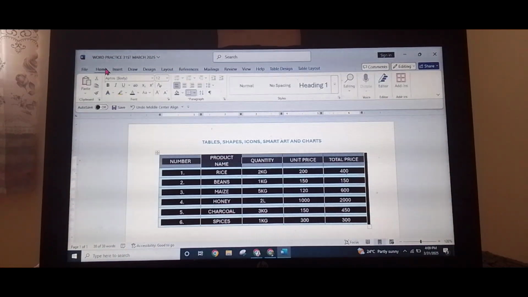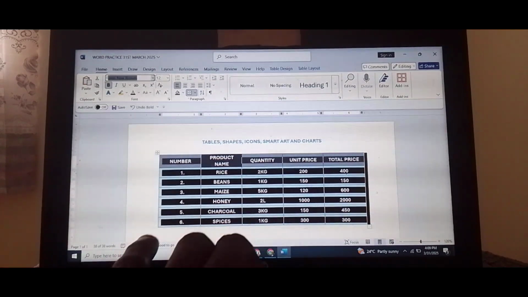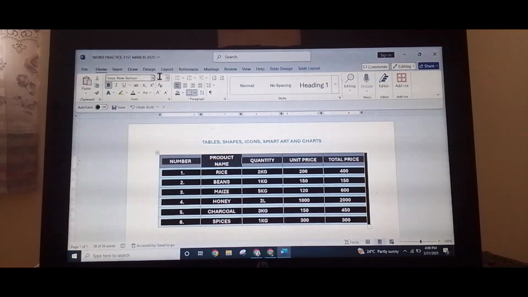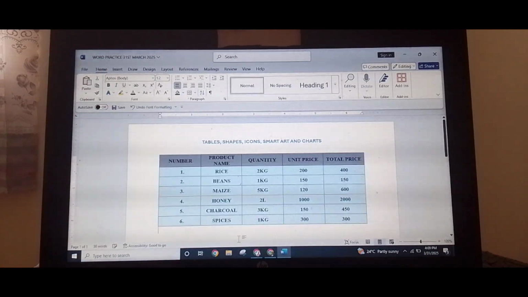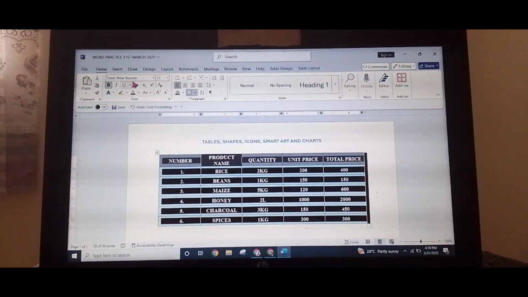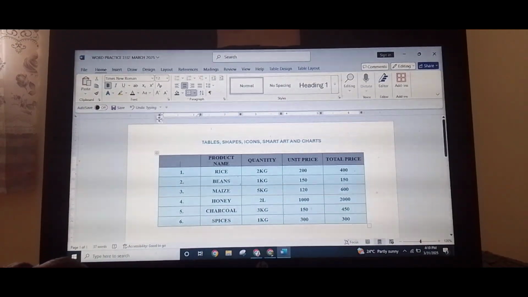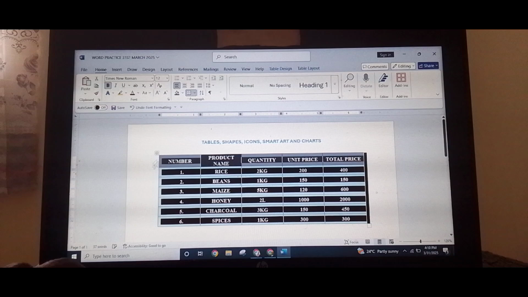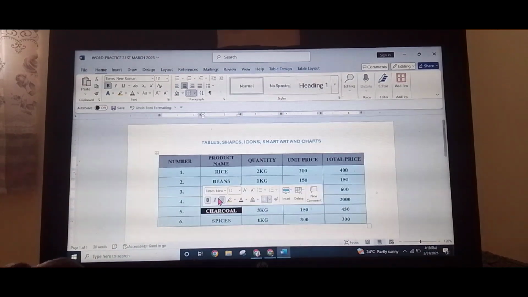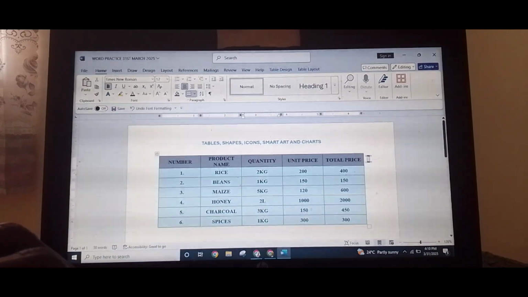Then I can click under home and make it bold. Which font? I'll click here and specify I need Times New Roman, font 12, and then I'll click here. I'll select once again, it's not yet activated, Times New Roman, then I click enter. Let me undo that. It is Times New Roman. So this is our font style